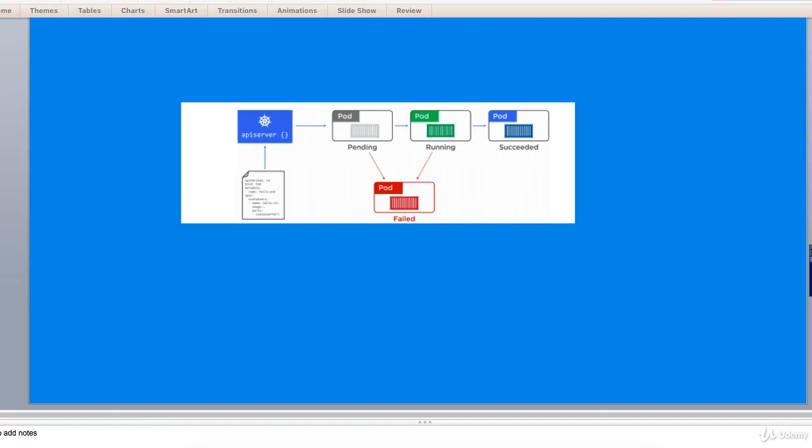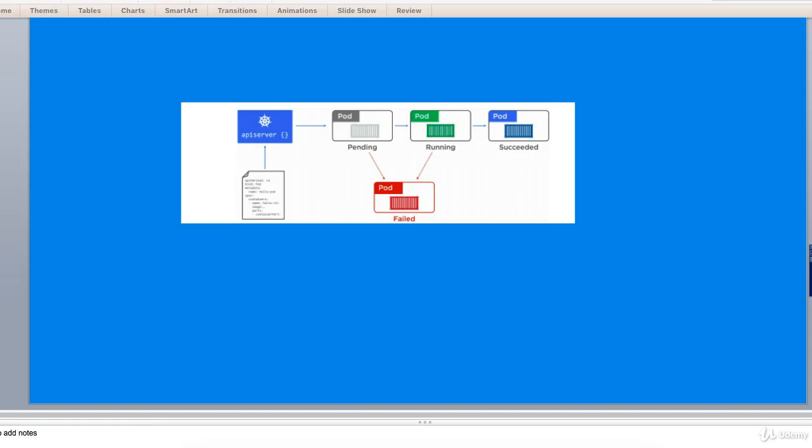So let's see how pods work, how they are in action. For the examples in the rest of this chapter, we will use a 3-node cluster. It doesn't matter where this cluster is or how it was deployed. All that matters is that you have 3 Linux hosts configured into a cluster with a single master and 2 nodes. You will also need the kubectl client installed and configured to talk to the cluster.